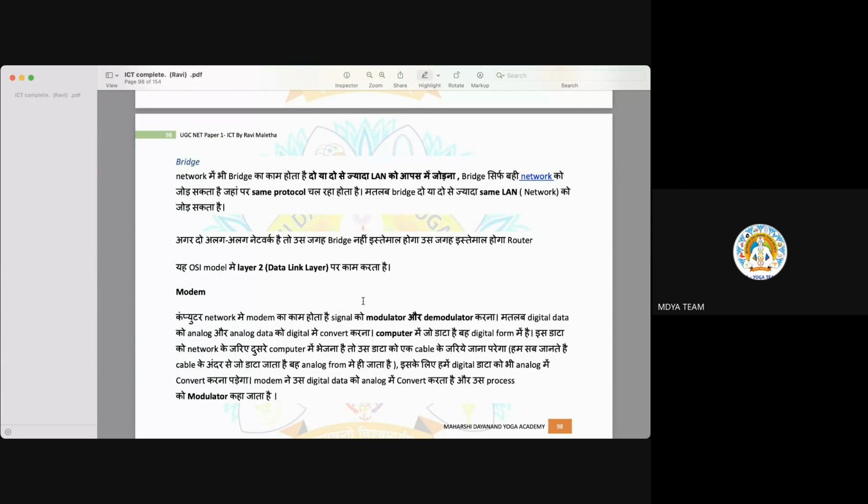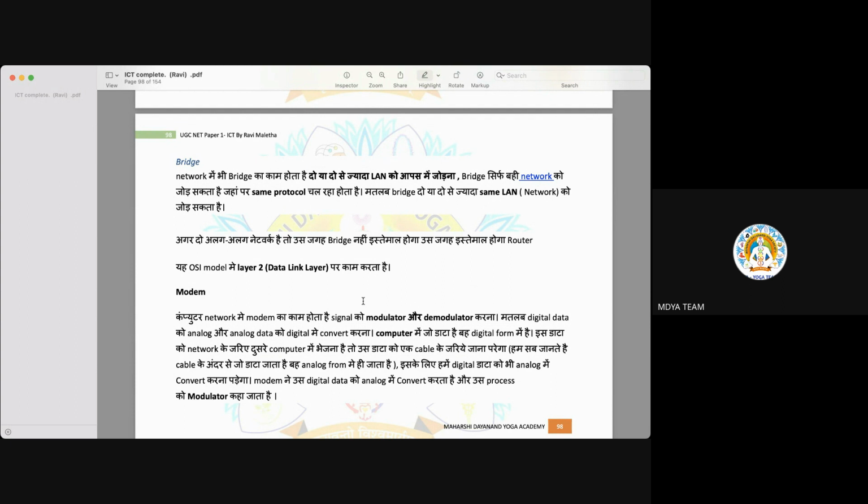Now modem. Modem is nothing but an abbreviated form of modulation and demodulation. So modulation and demodulation is what we use in our homes. A single hardware device which we use. It is generally used when we use telephone lines to connect and get access to the internet. So here the modulation means, because our computers only understand digital data,